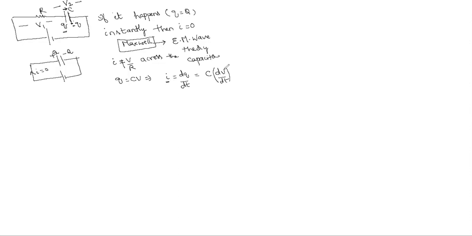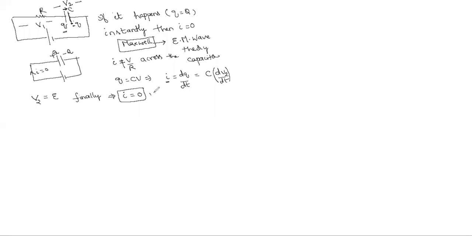Now, if V means actually it is V2, am I right? V2 finally becomes E. V across the capacitor increases and finally becomes constant, so what happens to I? It becomes zero. That's why the current becomes zero, not initially. It waits until V2 is equal to E. At that time I becomes zero.